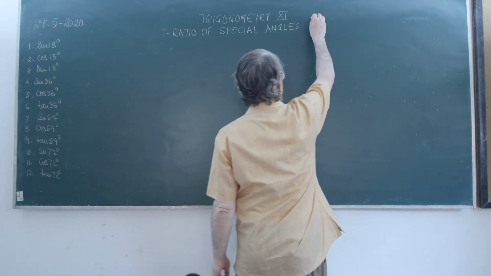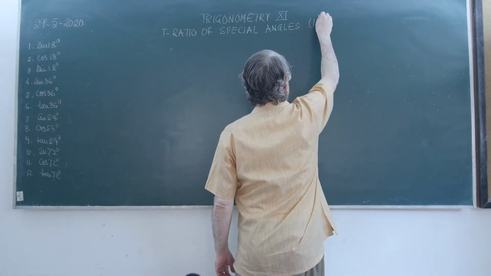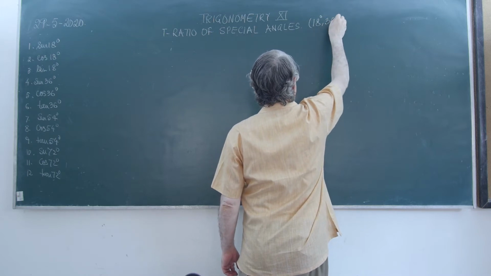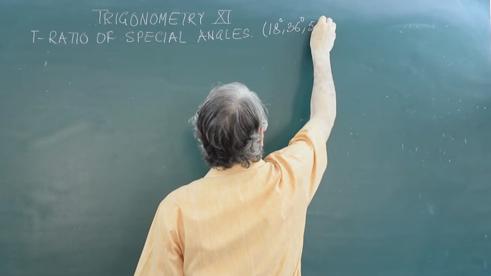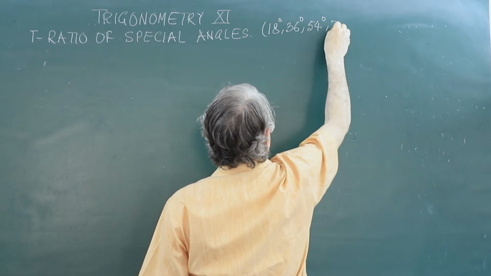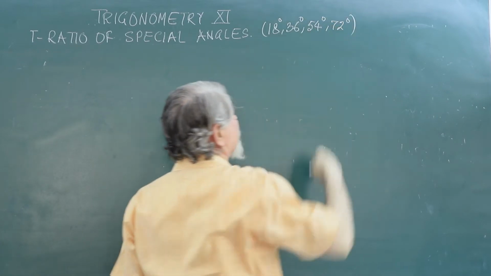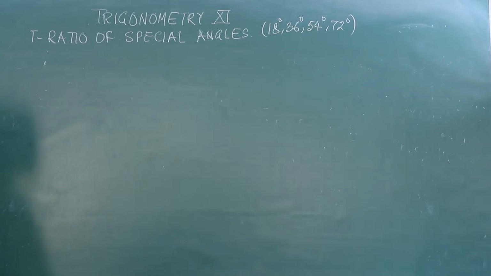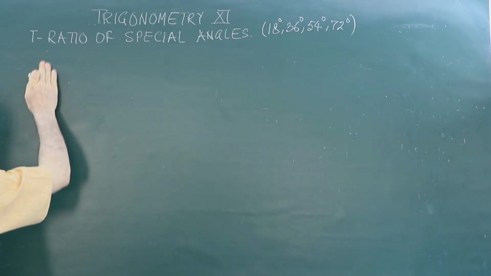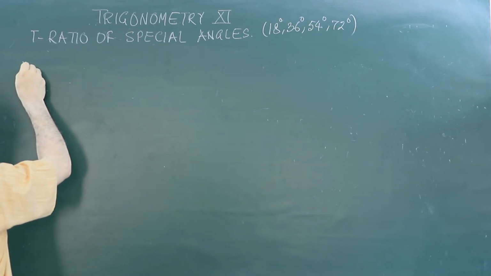We can say basically 18 degree, 36 degree, 54 degree and 72 degree. The ratios of these angles I am going to calculate for you now. Suppose I have to calculate sin 18. So let us assume